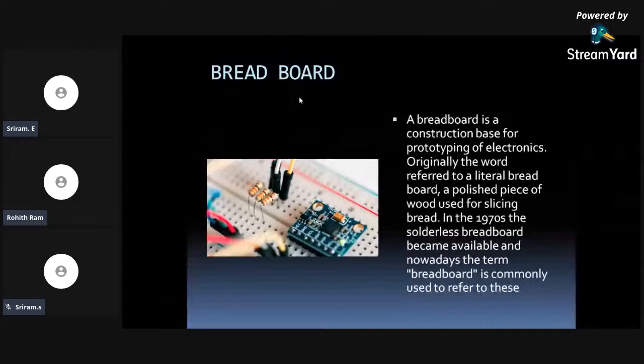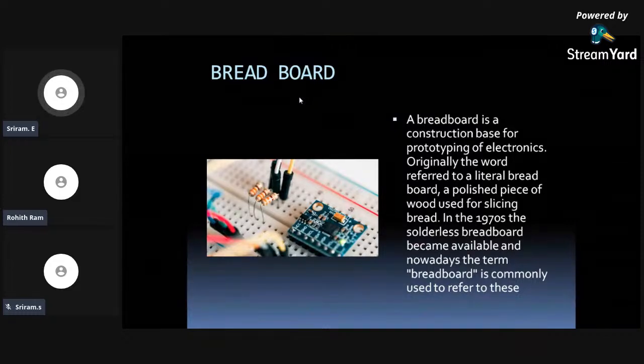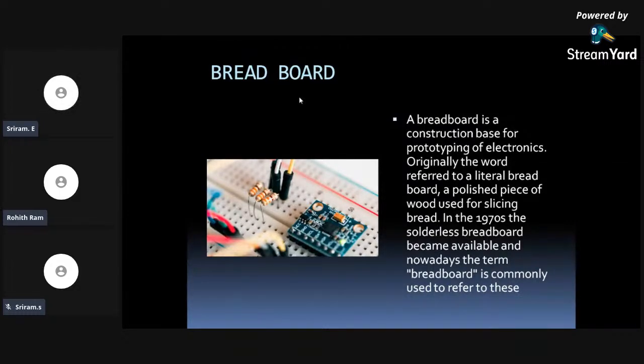Breadboard. Most of us may have an idea about breadboard as you're from the engineering side. So, you might have given all the connections to a breadboard and the current is passed directly into the breadboard. So, in the 1970s, the solderless breadboard, which we use nowadays, was found in 1970s, and the breadboard was commonly referred to